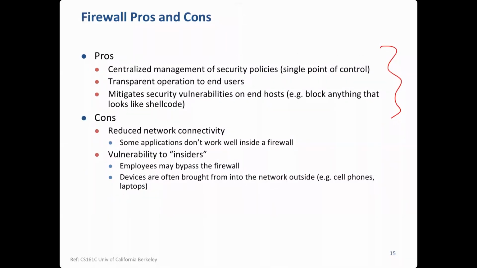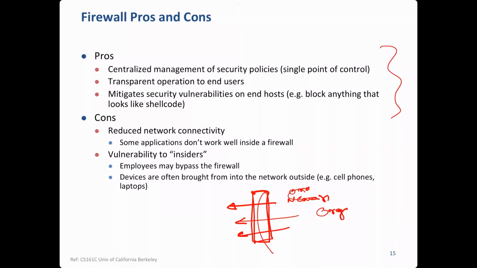Now the question that I'm asking is this: this is your organization, say North Campus. Should the security guard, or the firewall here, look at any traffic that's going outside, for any organization that has a firewall? Should this firewall look at the traffic that goes outside? Anybody? Because the assumption is that everyone inside is honest. That's the assumption.